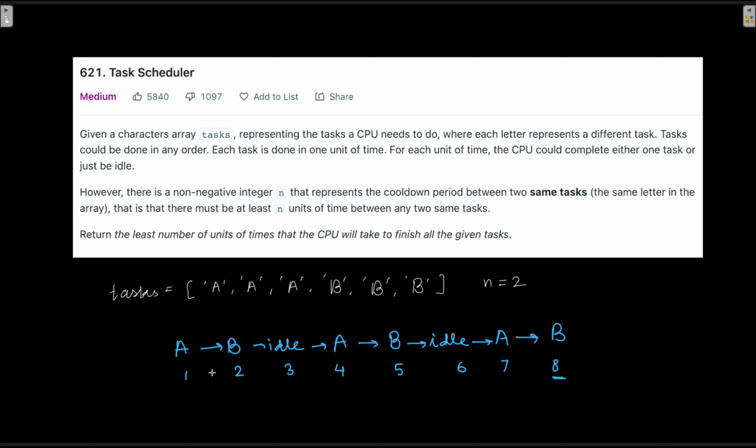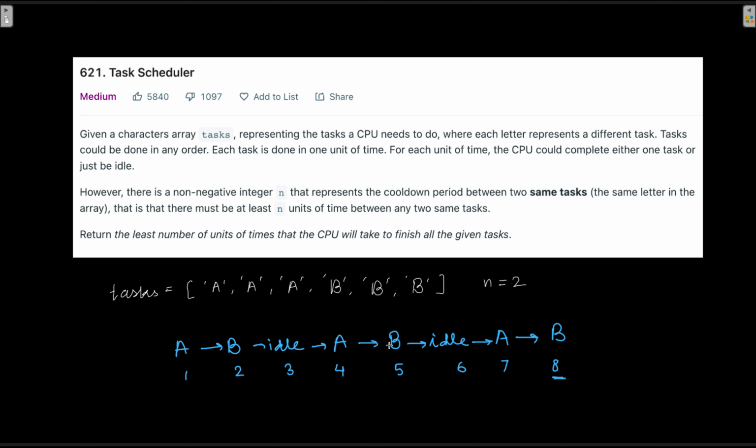So let us say that we pick task A for the very first time. Then right after that, it cannot be A again. It has to be B, and then because the cooldown period is at least 2, it has to stay idle here. It cannot be B as well because right after B, B cannot arrive. So after this cooldown period is over, we can pick up A again.